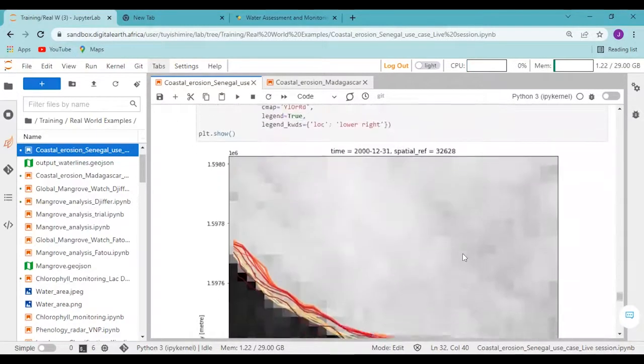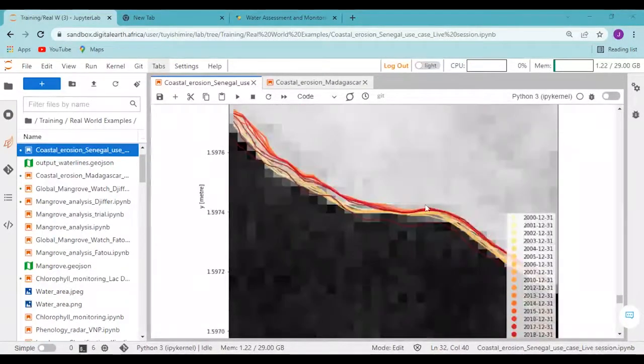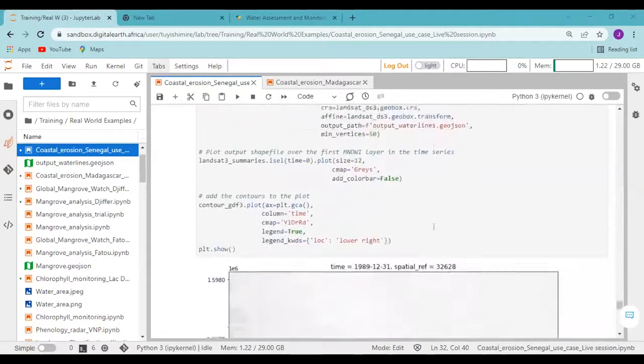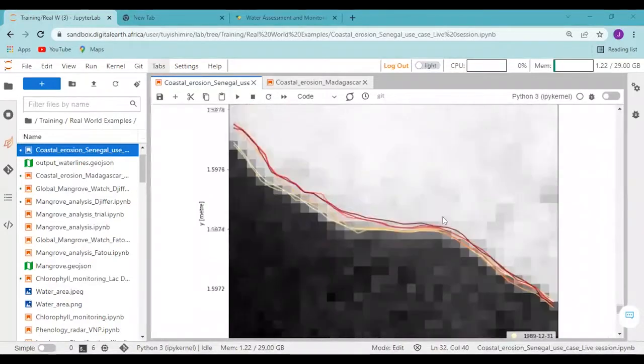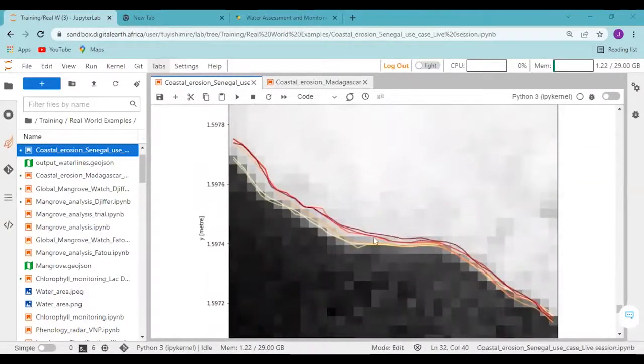The same way, we started from Landsat 7, from 2000 to 2021, always trying to see what is the distance of shoreline shift. And for Landsat 5, you can have some idea how it looked in the 1980s,